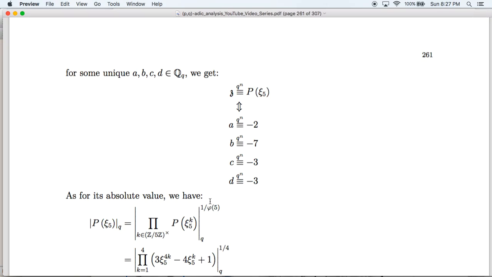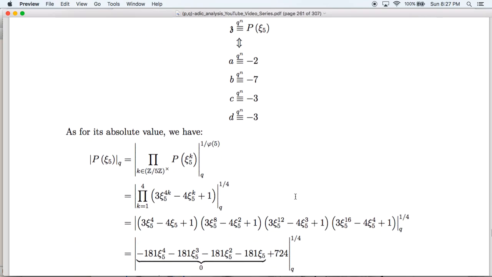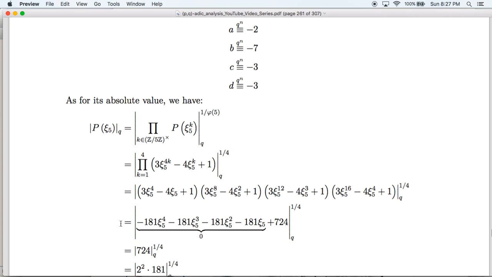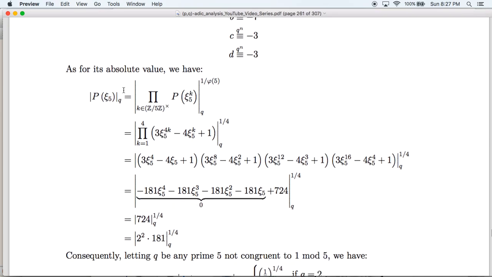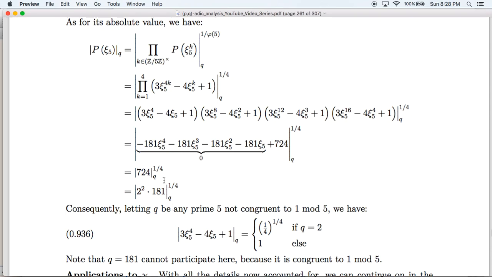So here the degree is phi of 5, which is 4, and then here we're going to take the product over all of the primitive fifth roots of unity. In that case, this is going to be the product over k from 1 to 4. We just write out the product, sum it, use our cyclotomic identity to reduce it, and we get that this is the q-adic absolute value of this thing for an unfamiliar prime q. It's the fourth root of the q-adic absolute value of 2 squared times 181, where both 2 and 181 are prime numbers. So remember, this